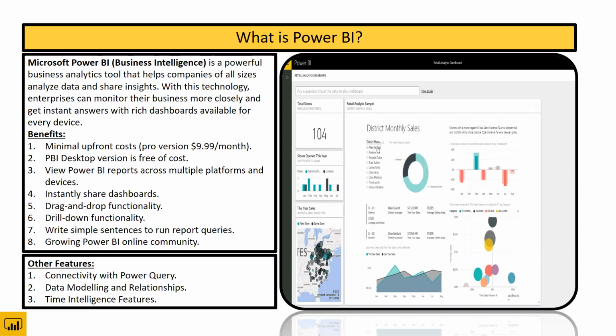Number two is data modeling and relationships. So we can also create relationships between different sets of data. And with the help of these relationships, we can create data models. These data modeling and relationships steps eventually help us in creating robust dashboards and financial reports. So once the relationship is established between different sets of data, between different tables, we can create dashboards and financial